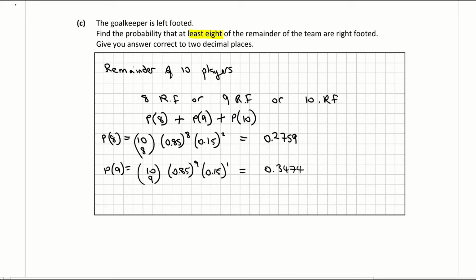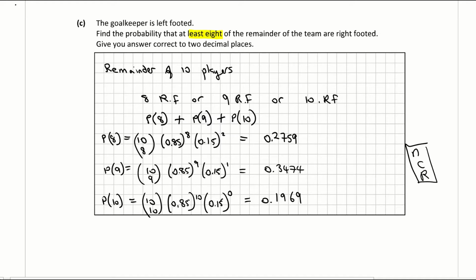And just if you're doubtful, we're using the nCr button on our calculator here, the choose button. And finally, probability of 10 being right-footed is 10 choose 10. Again, you don't have to use this method because we could just put it 0.85 to the power of 10, but I'm going to use my binomial, and my failure is left-footed, and none of them in this case are left-footed because I have 10 of them and I want to pick 10 right-foots,